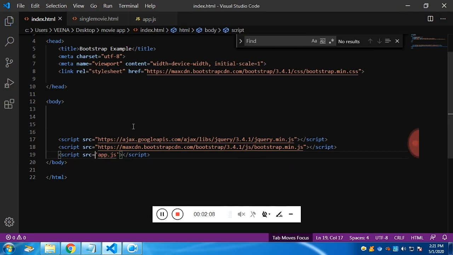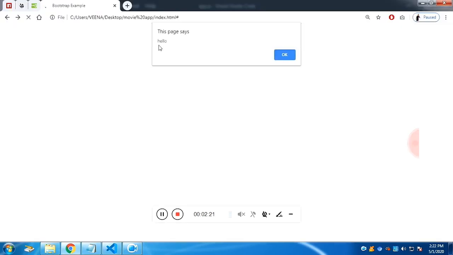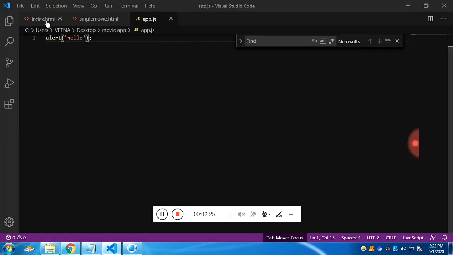Now let's check whether our JavaScript has linked properly or not by alert. Yeah, it's linked properly. That's the reason why we are getting the alert.